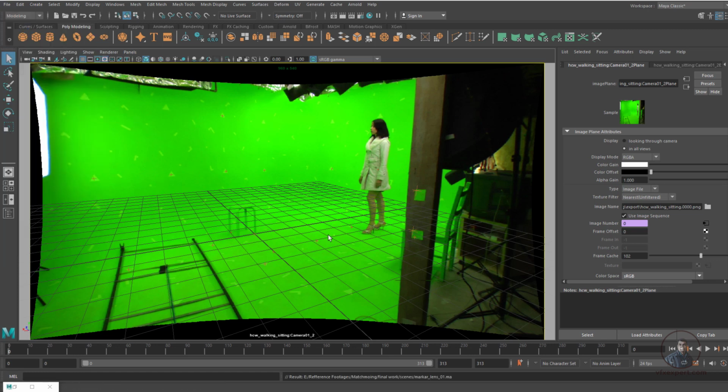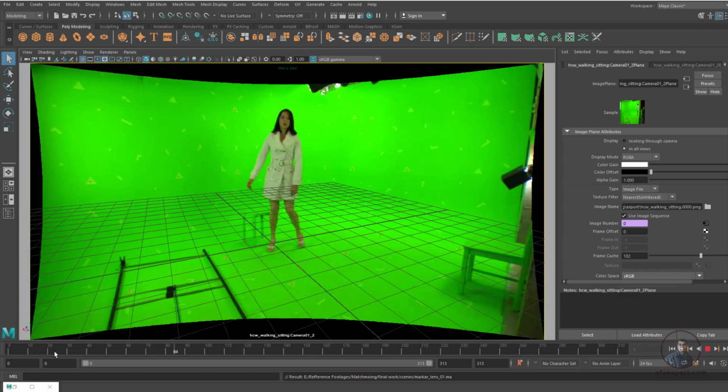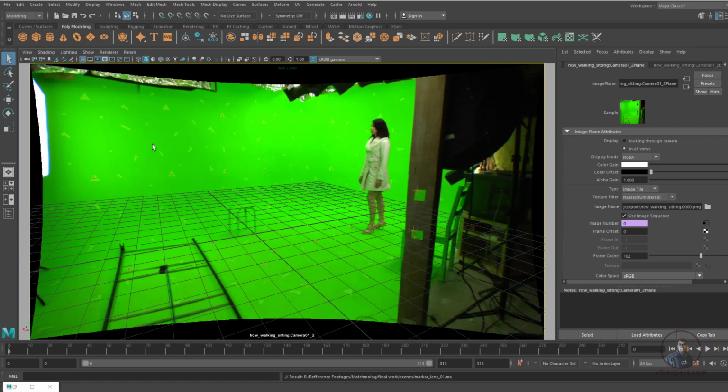After this we have to create a 3D scene according to this set, and here we have to create a pole, and here we have to create a table. Okay, so first, how can we do all these things? First we will create a base plane. After this we will create a wall, then the pole, then the table, all these things. So we have to create everything.